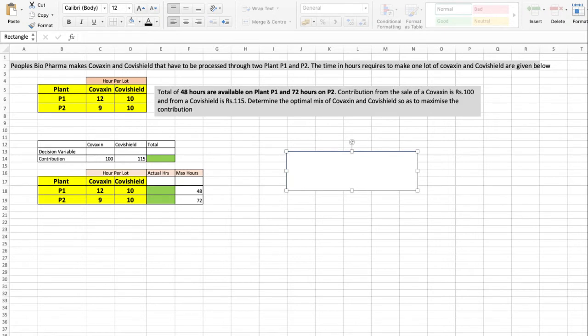Z equals, Z is what exactly? Maximization.